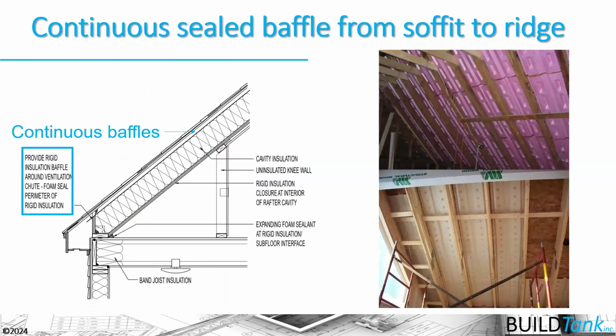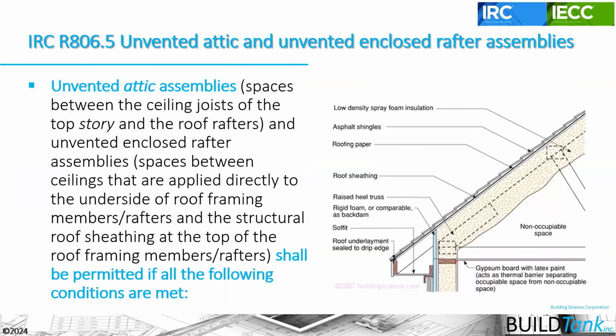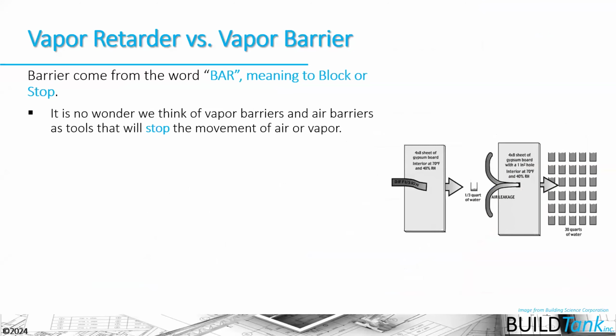So again, we should add these types of details on our construction documents, and we need to create assemblies that actually work. Otherwise, you're going to be moving to potentially an air impermeable material and building a roof assembly as defined in the IRC in section R806.5 for unvented attics, for example. It goes through all the things that you need to do in order to achieve an assembly that works with air impermeable insulation and when you're not going to be ventilating that assembly itself,